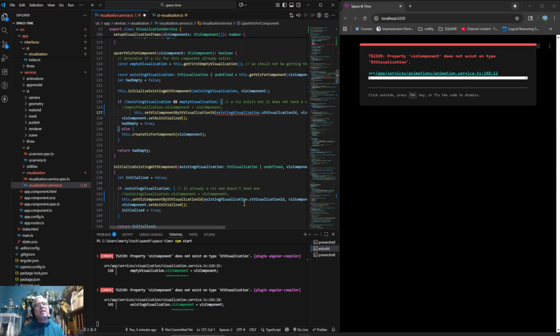Okay, so wait, say that doesn't exist. Okay, so this updates the empty visualization. Okay, there is no existing visualization, which I think makes sense. Oh, I guess empty visualization is... Okay, so we found an empty one that needs